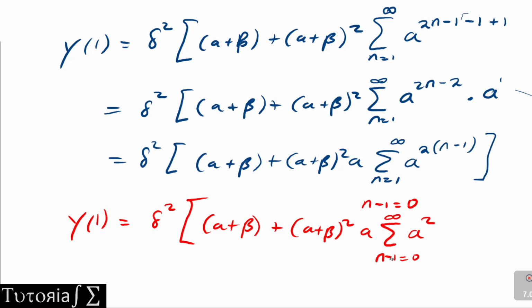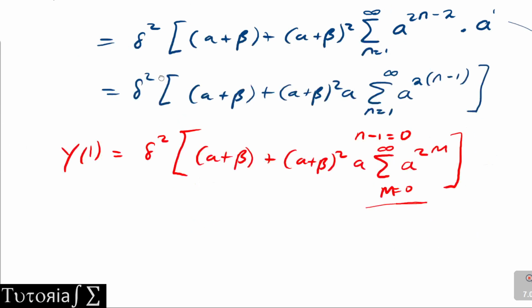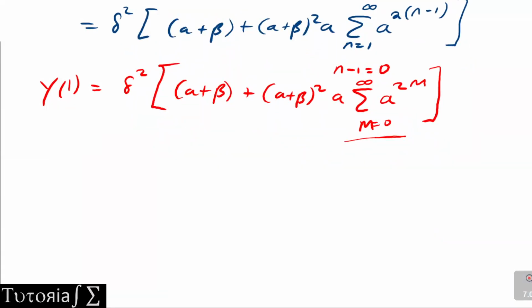We can change this n minus 1 to the m, so that here we're going to just have one letter m. So this would be m power m equals to 0 to that. So this right here is a geometric series again. So that is a geometric series. So we can further simplify this as